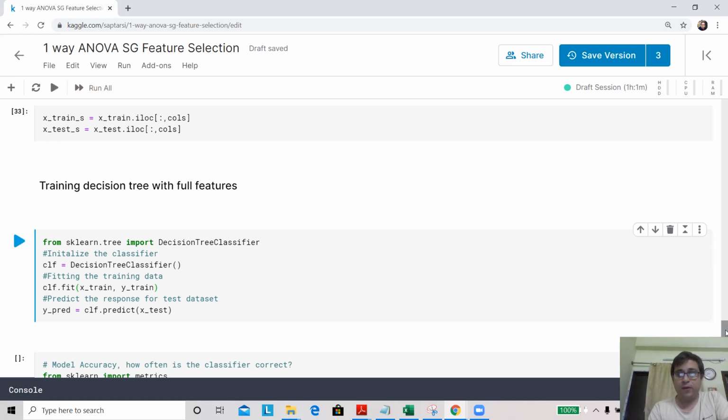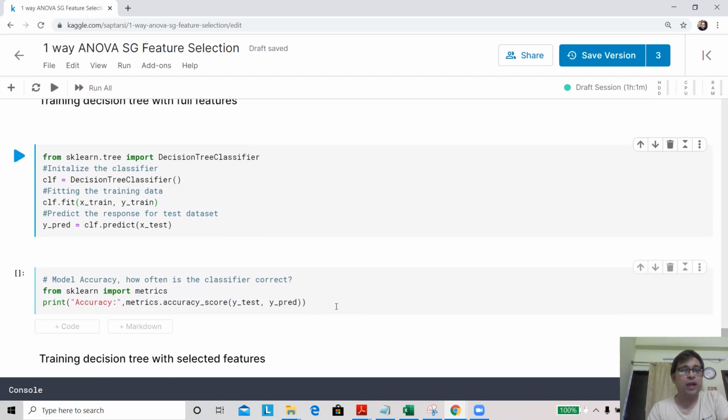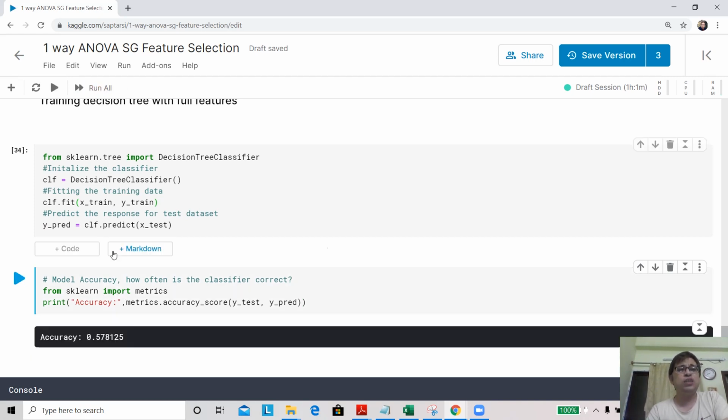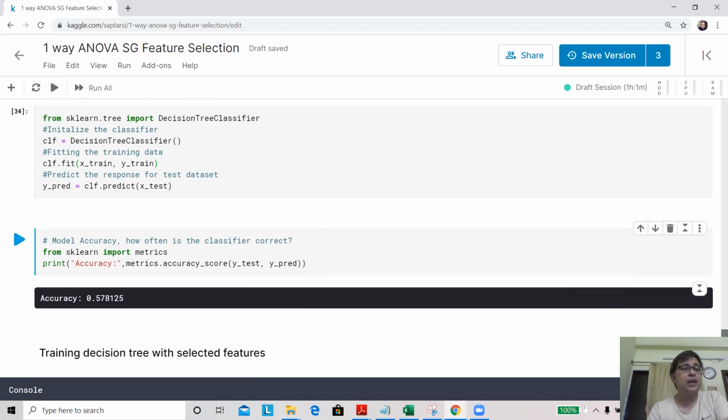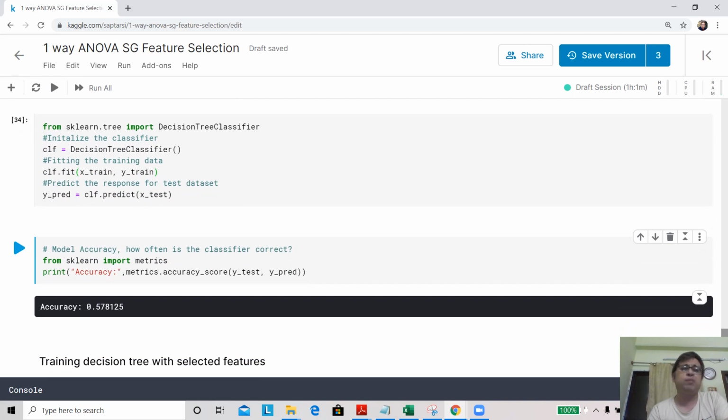Now you can use metrics.accuracy_score. For that you will have to import metrics from sklearn to check the accuracy. This is a very skewed data set, so you don't really get a very good accuracy. You achieve an accuracy of 57.8%.